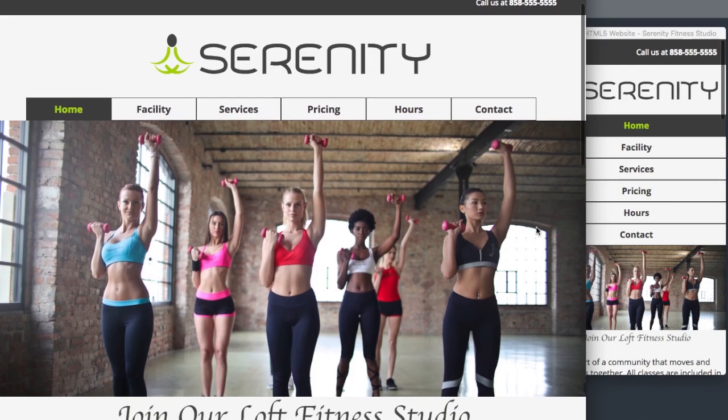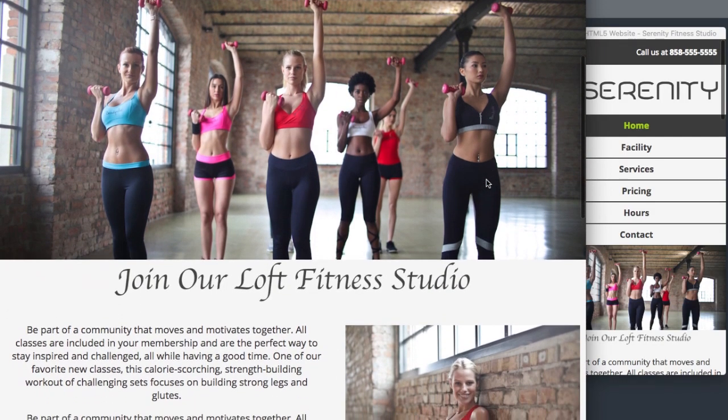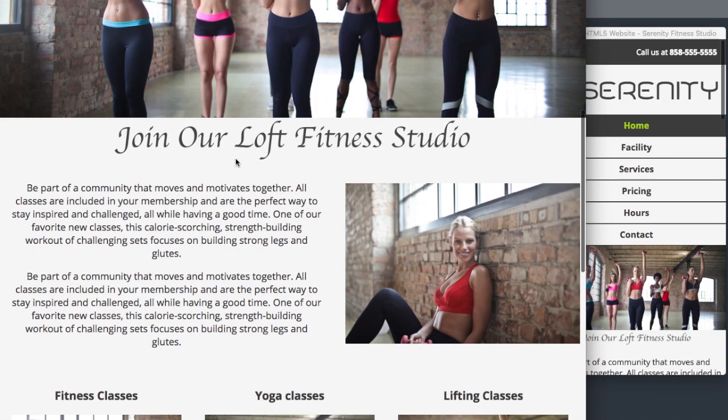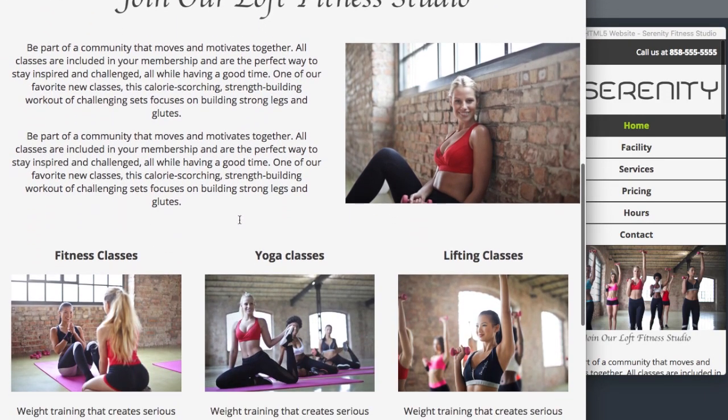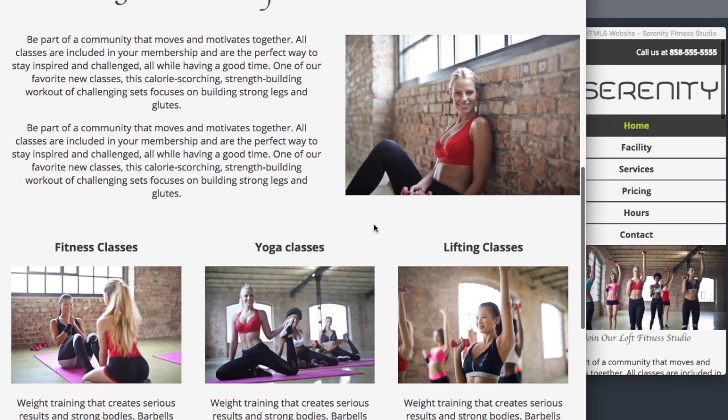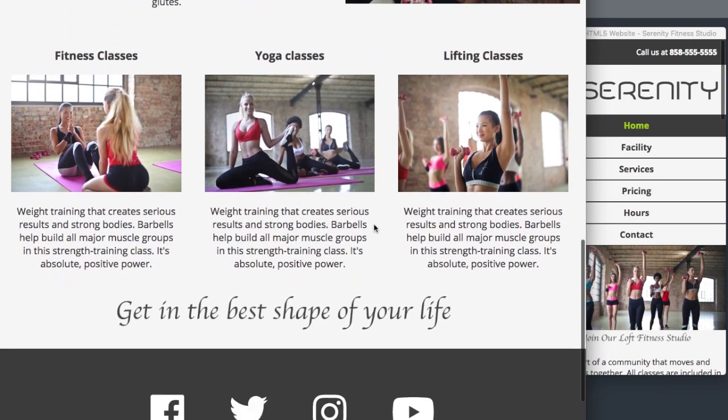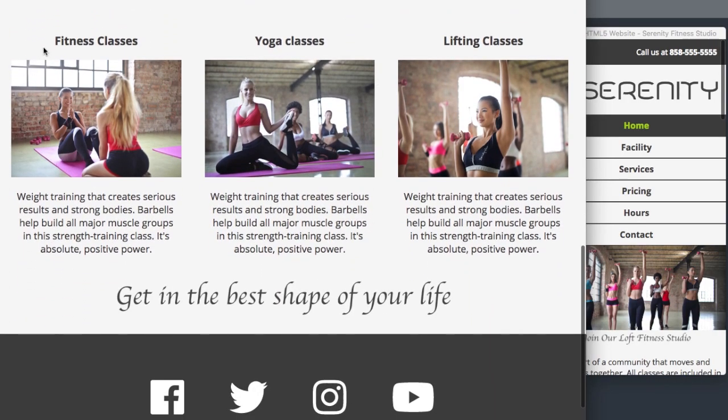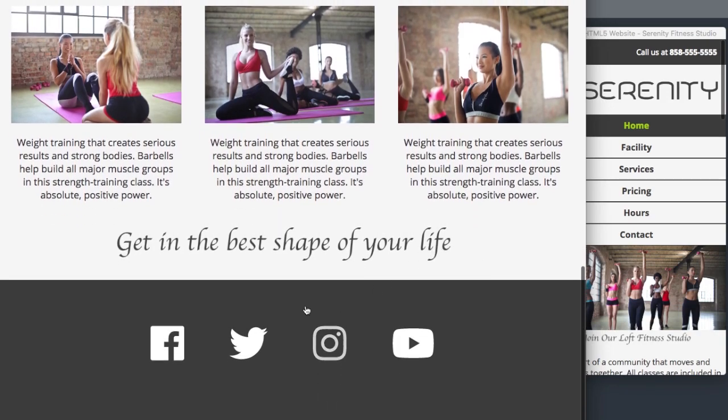over it. Then beneath that, scrolling down the page, we have the banner image, a section of text there, and then this two-column section with paragraphs on the left and image on the right, followed by this three-column section where we have headings, images, and paragraphs. Then all the way down at the bottom, we have some text just above this footer section with our social